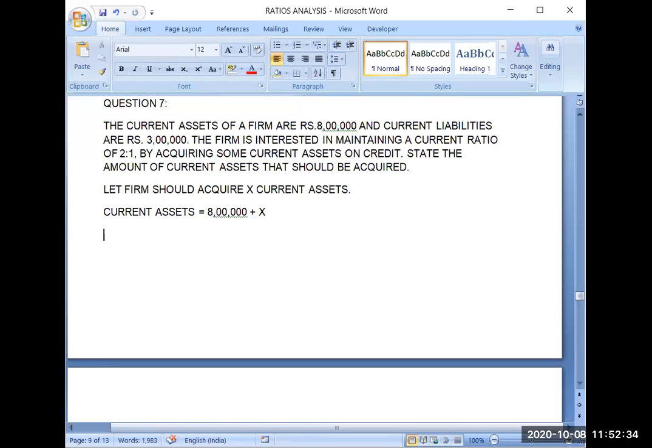Same way, your current liabilities are right now 3 lakh, and because you are acquiring current assets on credit basis, your current liabilities will also increase. So it will also increase by amount X. Now if I calculate the current ratio, then